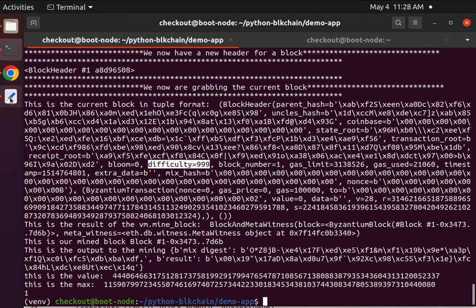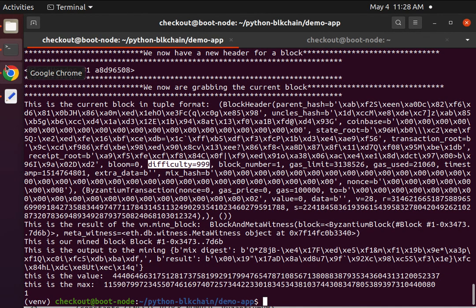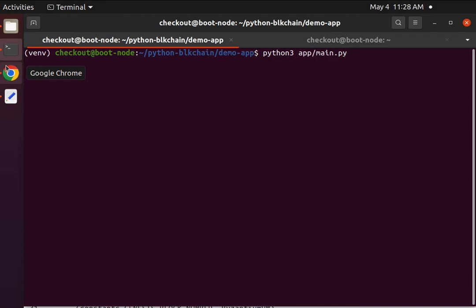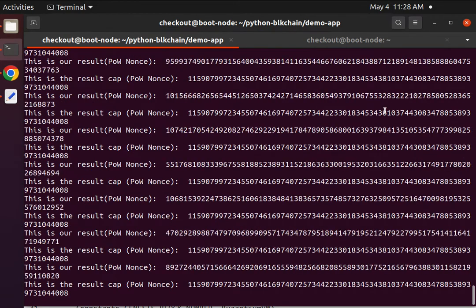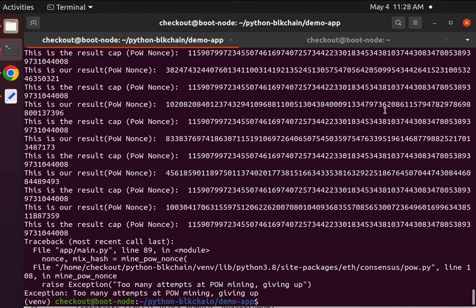But let's see if we go out of bounds. So let's add a 0 to that. So save and run. Clear first. It must be 10,000. Oh no, there we go. Giving up too many attempts. So it was 999. Cool. Well, that's just something cool that you can see when, like, if you're testing things in your setup, like